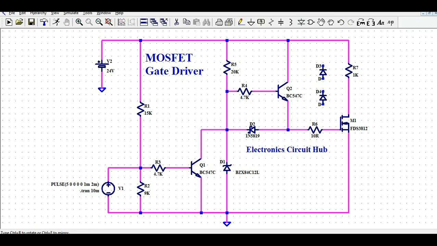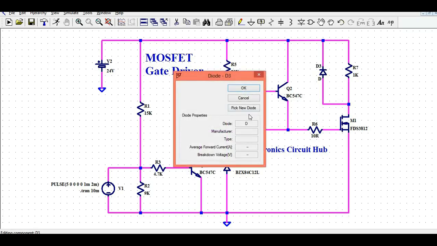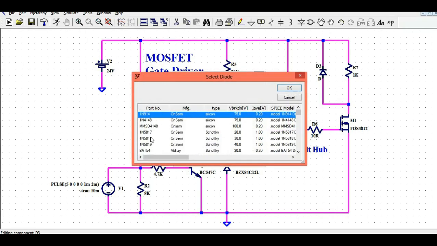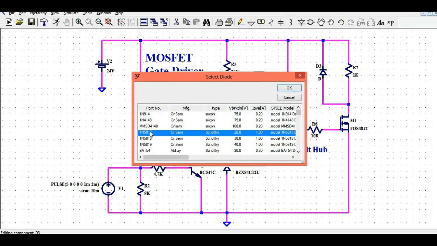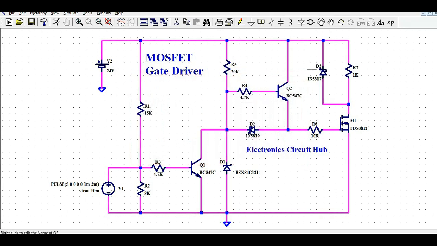And in case you are using any inductive load, I would recommend you to connect one freewheeling diode. Okay, I would recommend you to connect the freewheeling diode. Otherwise, based on your current requirement, you can connect your freewheeling diode. Otherwise your MOSFET might get damaged. So I'll recommend you to use one freewheeling diode if you are using any kind of inductive load or DC motors.